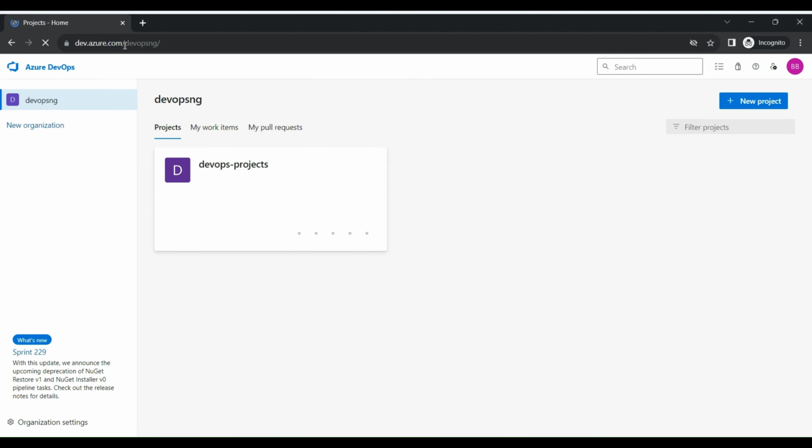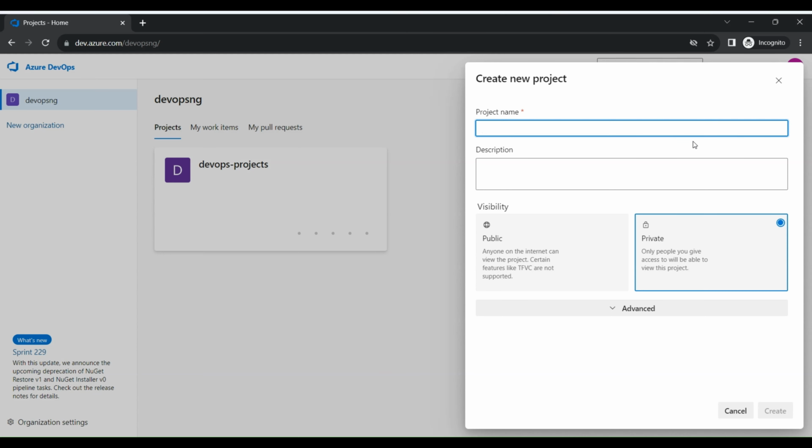So currently we have one project created for us. That was when we were trying to create our DevOps organization. So today we'll be looking at how we can create a project from scratch. To create our project, all we need to do is click on the new project button. You can see there, and let's say